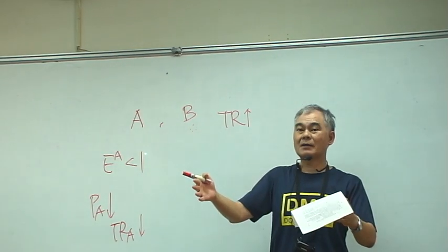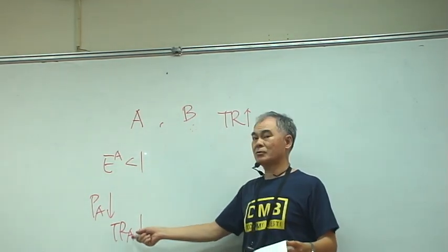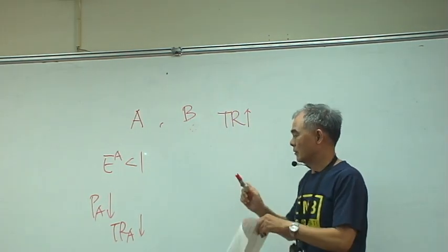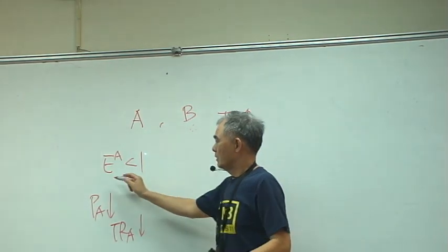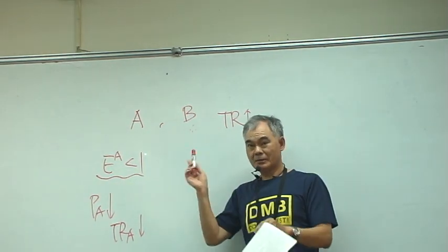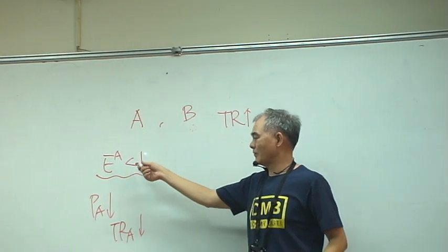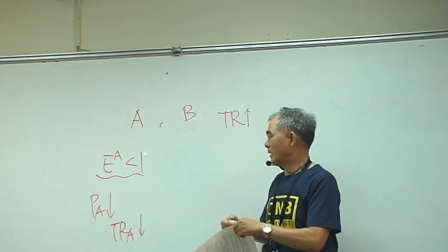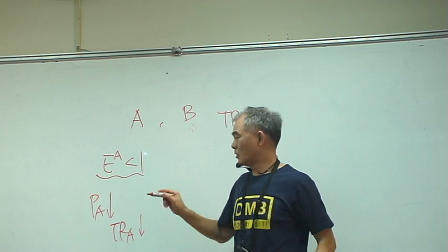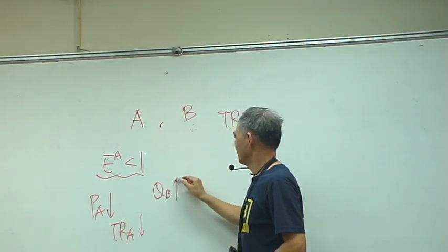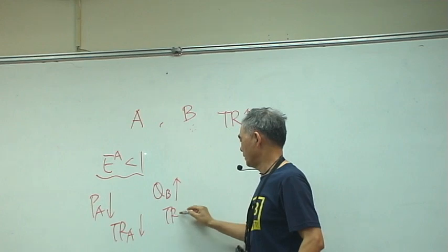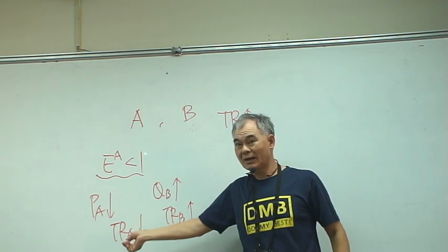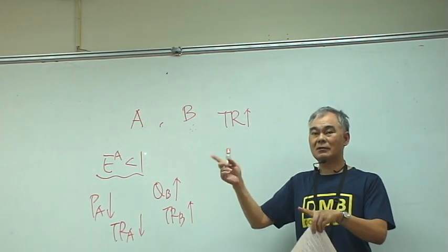And B says elasticity is less than 1, and A, B are complements, because they are consumed together. So if this one is going down, the other one may go up. Be careful here. The elasticity is less than 1, so when you cut the price, the total revenue of A will go down. But because A and B are complements, demand for B will go up, so total revenue of B will go up. But because one is down and the other is up,